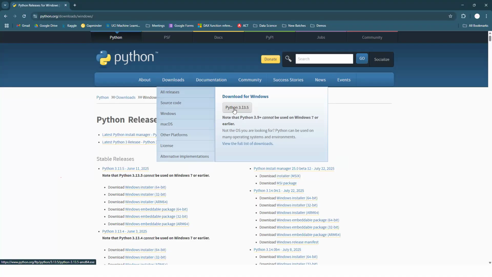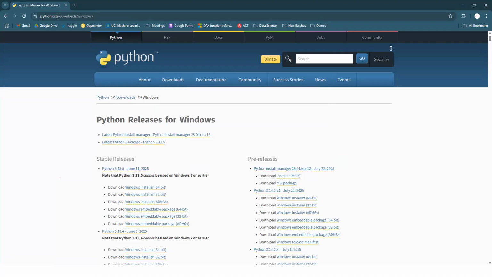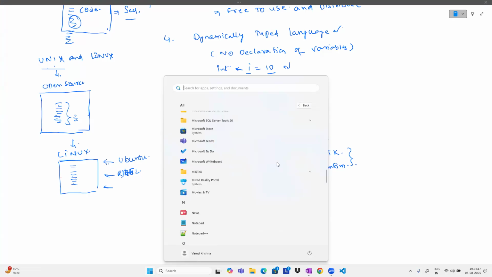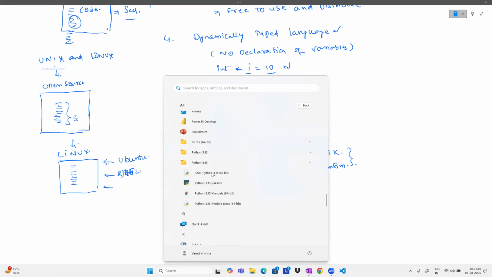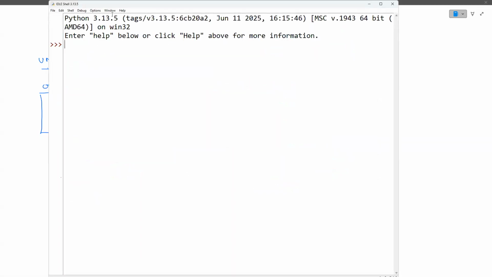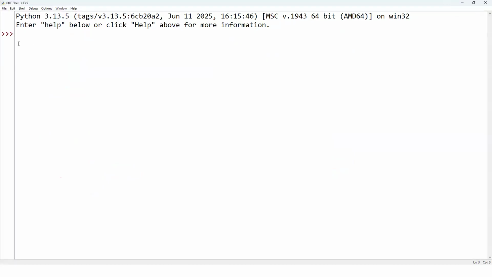How to work with it, I'll start in tomorrow's class. Once Python is installed on your system, I'll show you that in the Python installation there is something called IDLE. Many people who learn Python may be aware of it. Open that IDLE and we'll start working. We can work directly in the command prompt, with no requirement of writing a .py file. It is going to be simple and straightforward. We can just write whatever commands we want. I'll start from tomorrow's class.